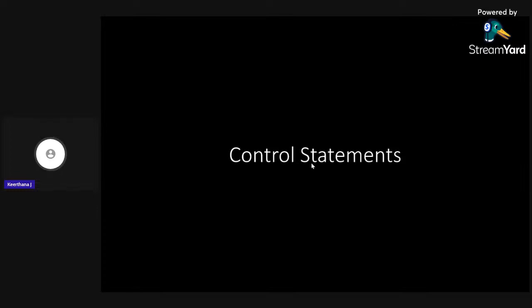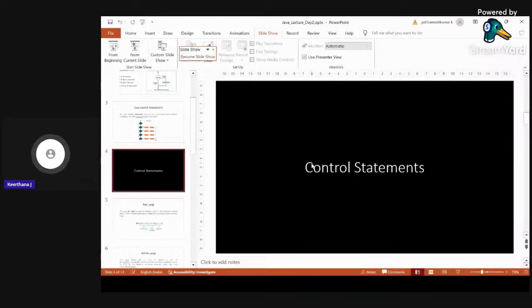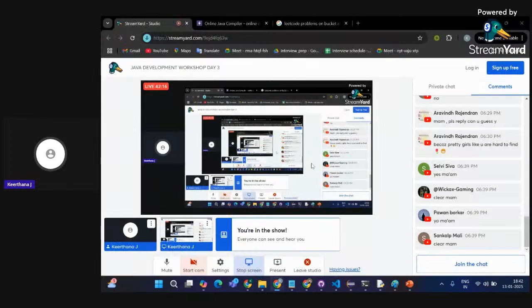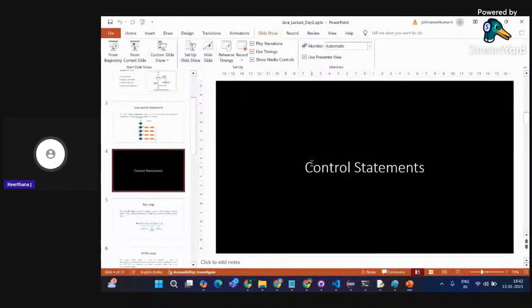For example, if I'm going to perform some checking or some addition operation 100 times, the same operation happening in a repetitive fashion, then I'll be going with control statements.